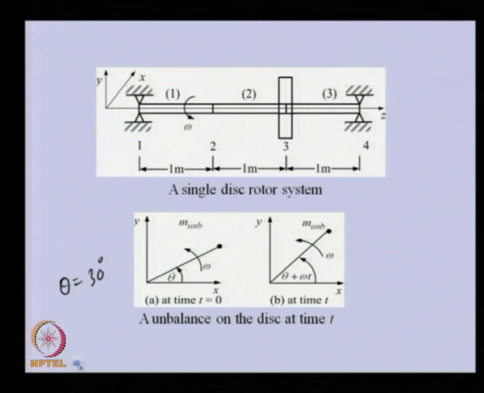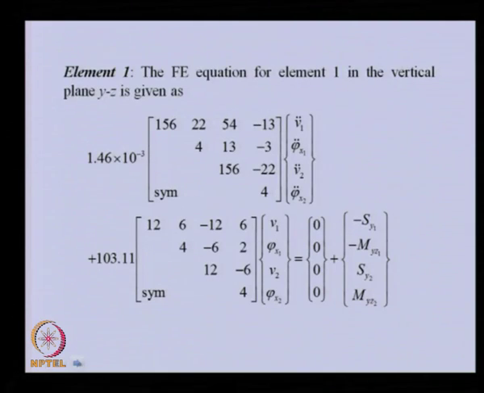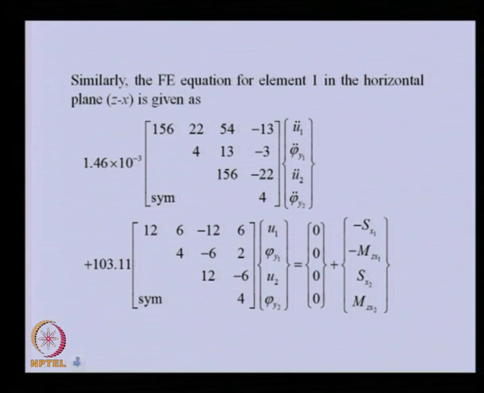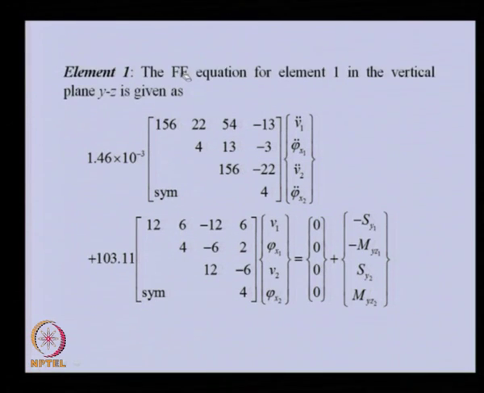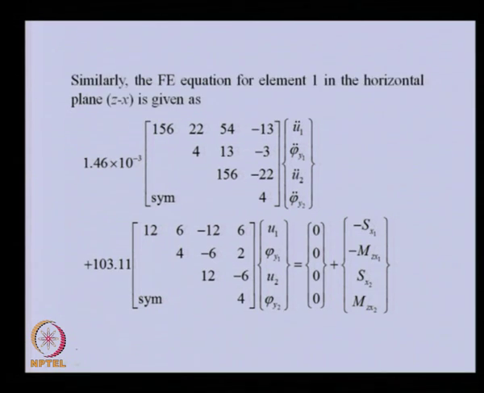So, let us see, this is for element 1, there is no external force here. Element 2 also we have not considered. So, okay. This is again element 1, but in the YZ plane. This is a vertical plane. Element 1, this is the horizontal plane, ZX plane. The mass and stiffness matrices are the same, only now you can see the change in the displacements. Now, these correspond to displacements in the horizontal plane,